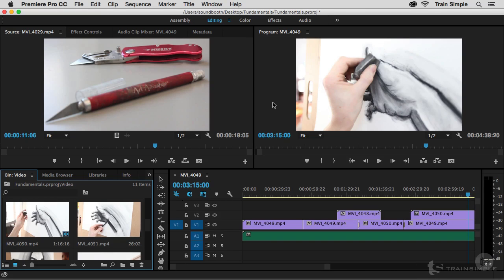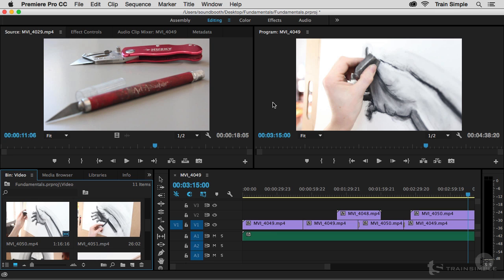Now that you have a good handle on the preferences and keyboard shortcuts and how you can configure Premiere Pro to best suit your editing habits, you may want to synchronize your settings to your Creative Cloud account. That way, if you're working on Premiere on a different machine, you'll have those settings available to you. So how can you synchronize your settings?